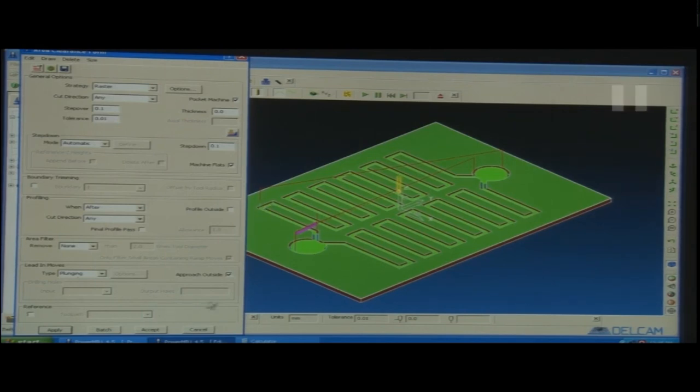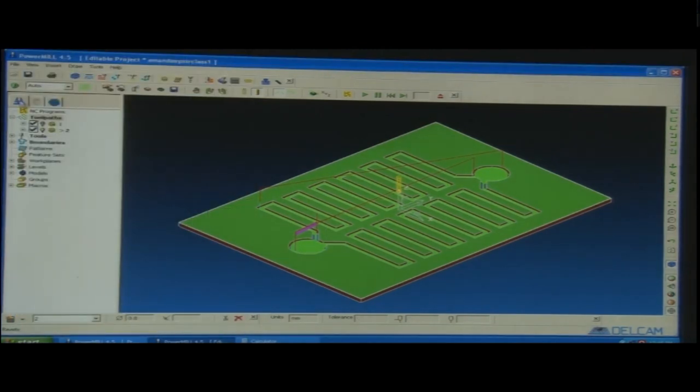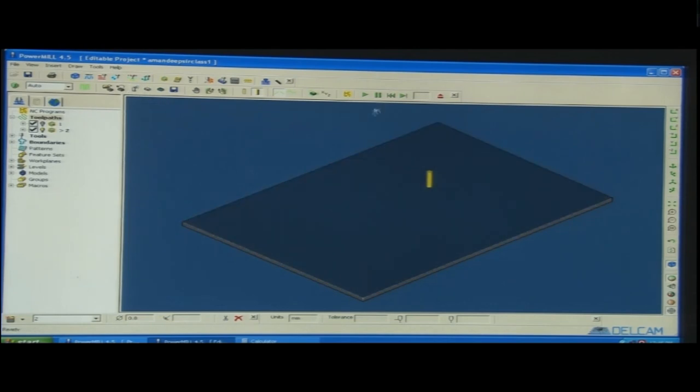So, this is important to see, because in case the operator or the coder who is trying to put the values manually might forget to put some minus sign, he might forget to put some value properly, there might be some accident. So, that is important to see how the rapid movement is happening. Rapid movement always has to happen outside the workpiece area. So, that is important to see.